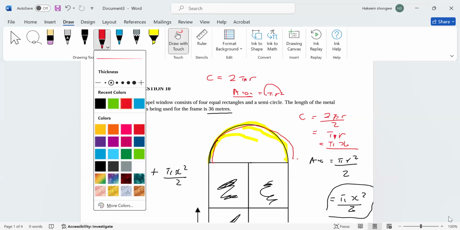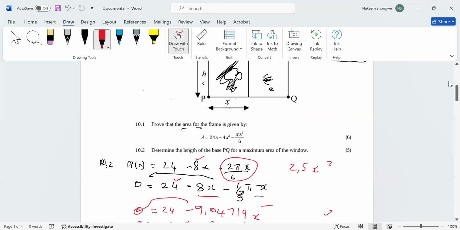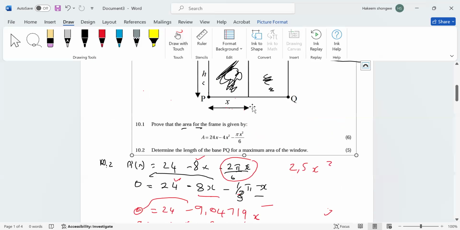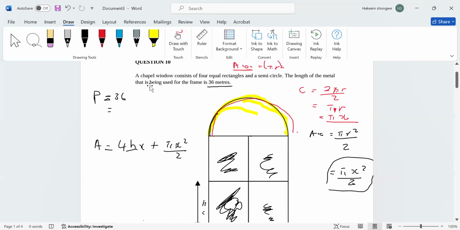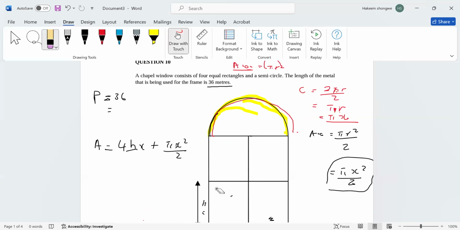Now, if we go back to the diagram, ladies and gentlemen, we're done with the semicircular part. Now we're coming to the rectangle shape made up of 4 smaller rectangles. Now the perimeter of this bigger